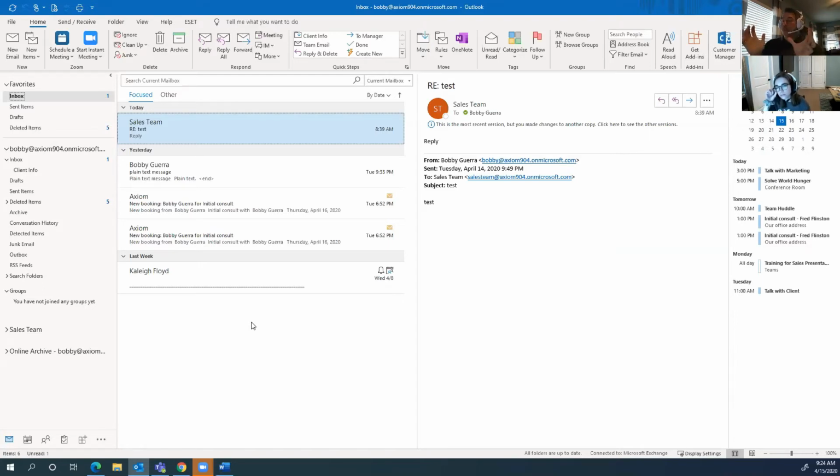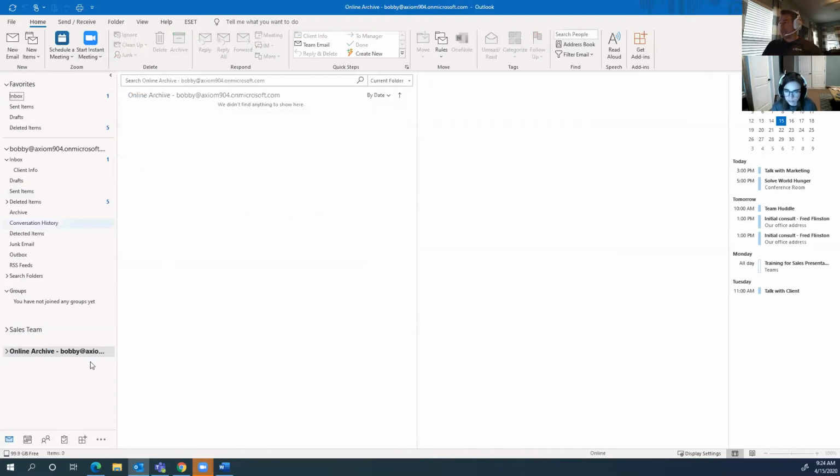Like you could say 2 years, or you could say a year and a half, and you can cull it out and move it to this online archive mail. You can still access it like I'm doing here. And if I dropped it down, I don't have anything in my inbox right now, but if there was mail that it had grabbed from my inbox, it would be here. And so it's going to be the same folder structure that maybe you've had in your Outlook. And it just takes it and moves it down there, and it does it for you automatically.